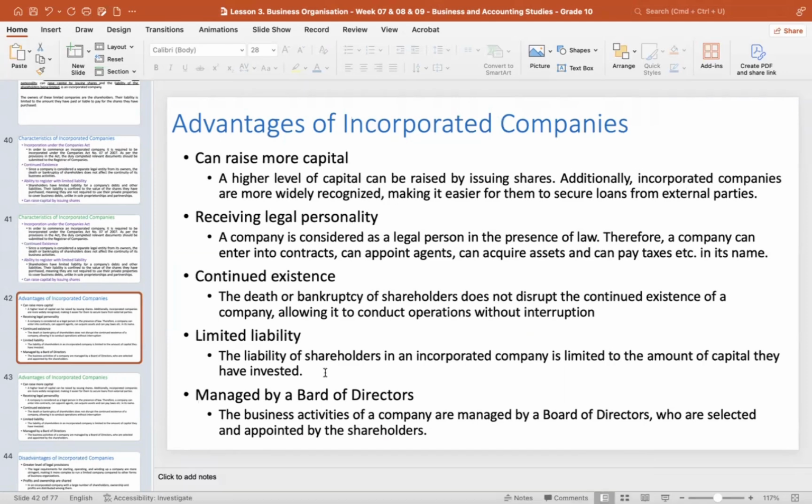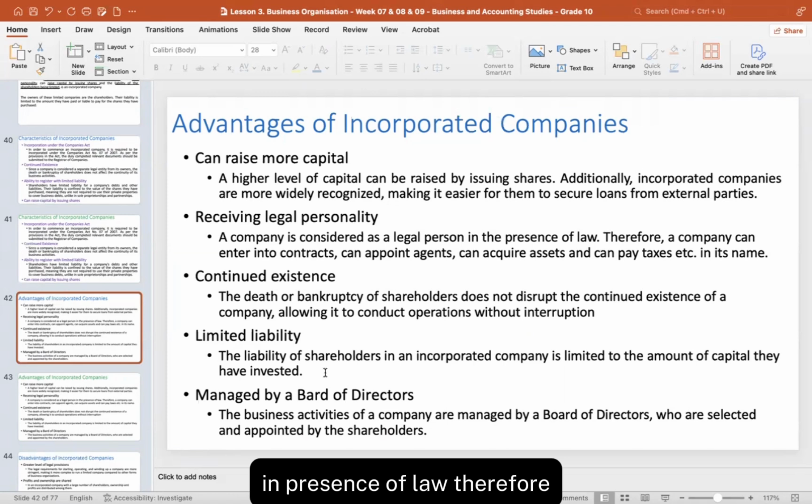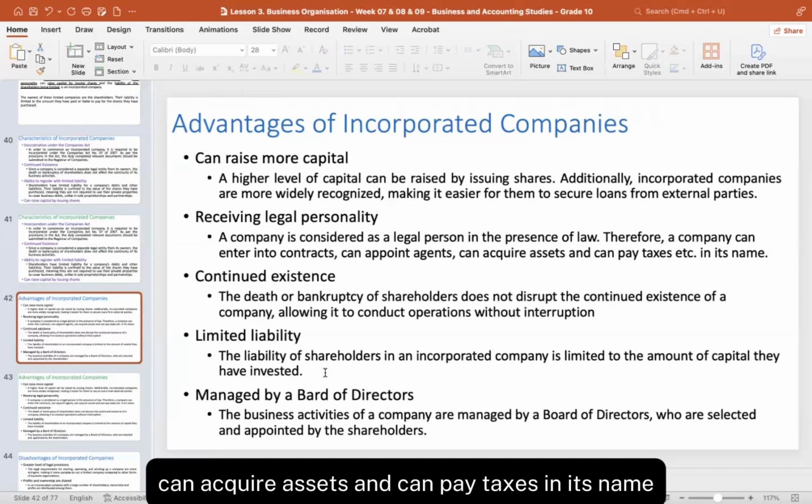They can raise a lot of capital because they can issue shares, and they can take loans easily because they can be present as separate legal entities. Okay. Then receiving a legal personality. So a company is considered as a legal person in presence of law. Therefore, a company can enter into contracts, can appoint agents, can acquire assets, and can pay taxes